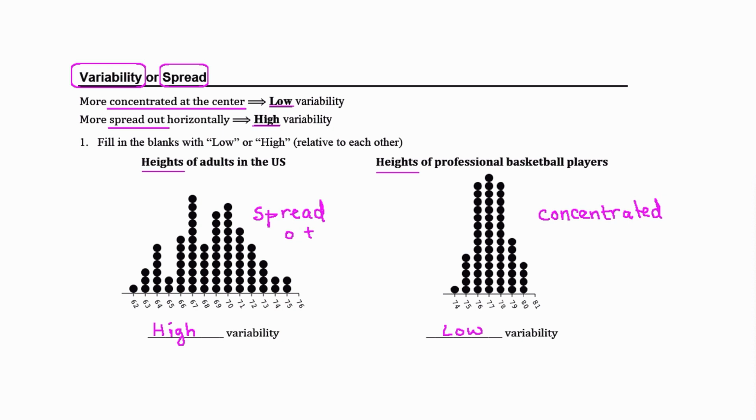It doesn't really make sense to ask this question without a comparison, right? So I can't just give you one distribution and say, is the variability high or low? Because the graph can be drawn in such a way that makes it look like the variability is very high or like the variability is low when we choose the scale over which to draw it. So it only makes sense to compare two distributions if we're just asked for a general question like, is the variability high or low?